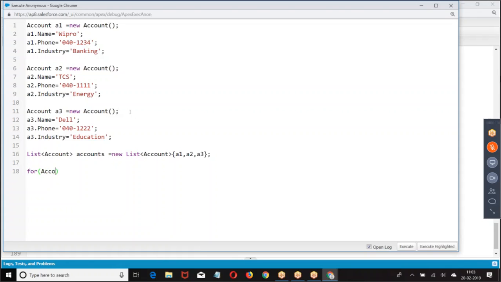Take one account at a time and compare it. If A dot name equal to Dell, then get that account.